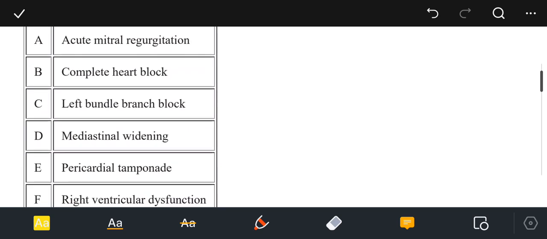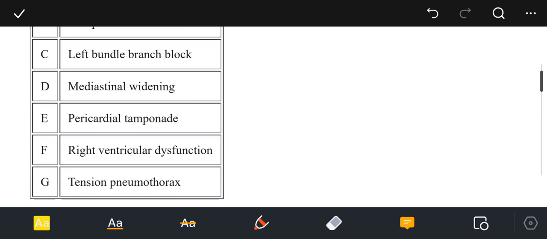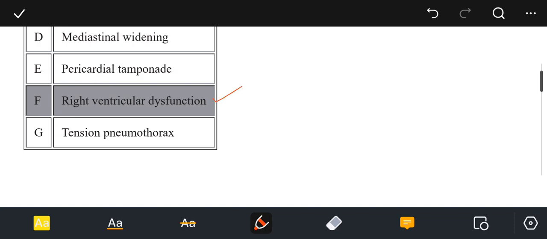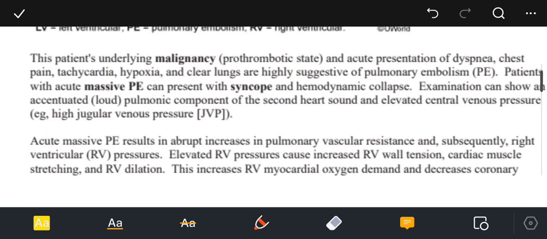Option A, acute mitral regurgitation; B, complete heart block; C, left bundle branch block; D, mediastinal widening; E, pericardial tamponade; F, right ventricular dysfunction; or G, tension pneumothorax. And the answer to this question is option F, that is right ventricular dysfunction. The educational objective of this question is stating that